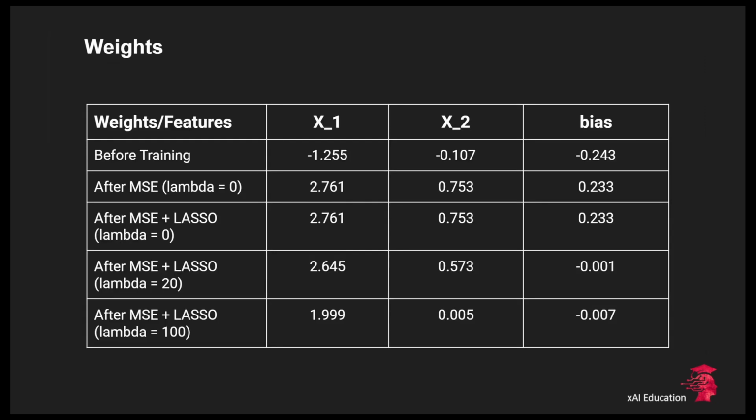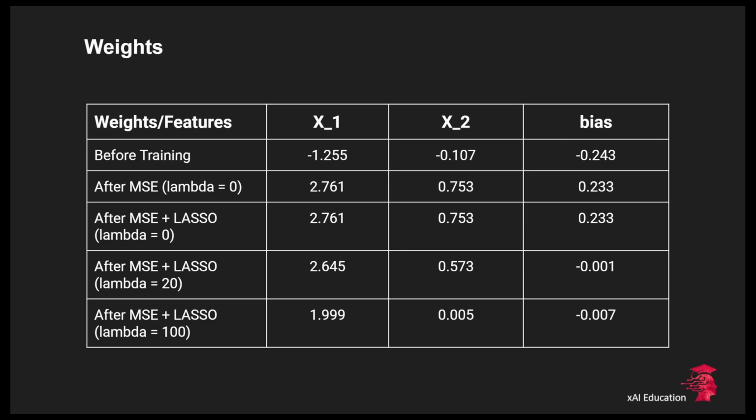Here is a table that summarizes our findings. So the columns are representing the weights that belong to the x1 feature, the x2 feature and the bias term. The rows represent the training method, so we started off with the following set of weights: minus 1.255, minus 0.107, minus 0.243. And after training with mean squared error and lambda being equal to 0, we get this